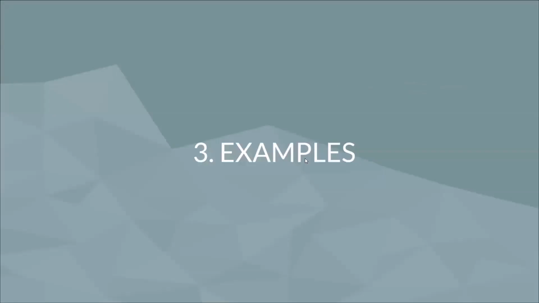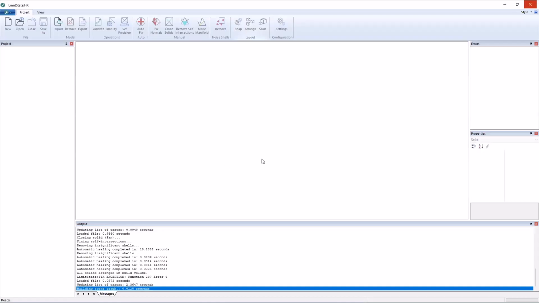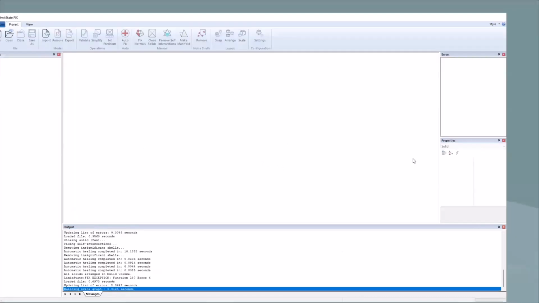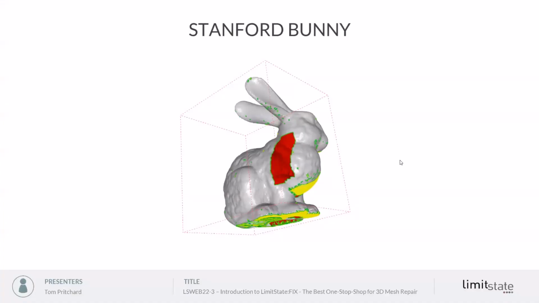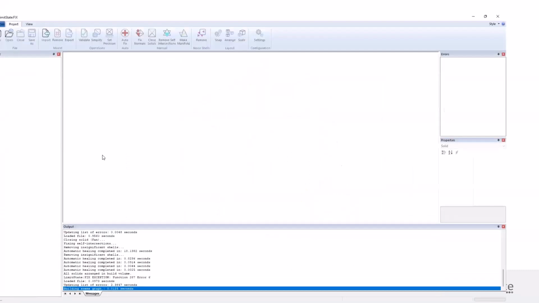So that's enough about the background to the software. I think the best thing to do is to jump in and look at the software itself. So the first thing we're going to do, actually, we'll go back to the presentation, is look at what's probably one of the best known 3D objects out there, which is the Stanford Bunny. And we have a problem here where we have the model with a large number of errors within it. So if we go back to the software,